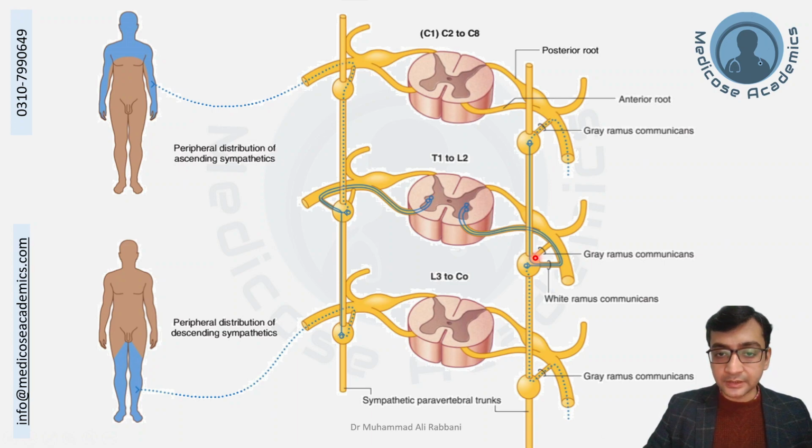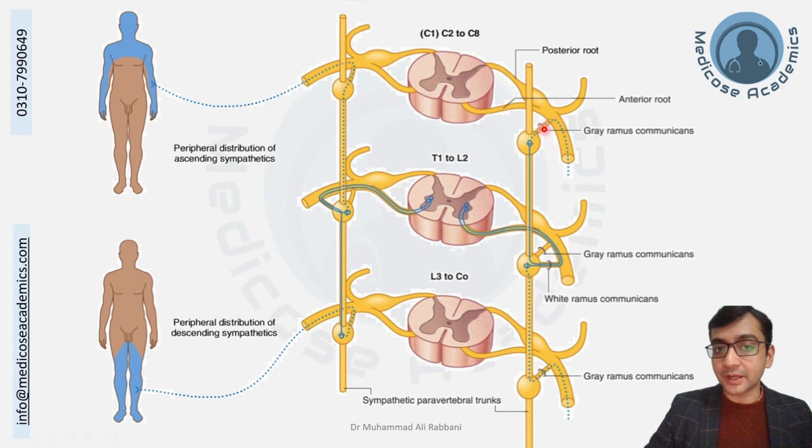Without synapsing, this presynaptic axon runs up until it reaches its destination ganglion. It may be the first, second or third cervical ganglion, known as superior, middle and inferior. Let's say it reaches the superior cervical ganglion. Here it synapses with the postsynaptic neuron,